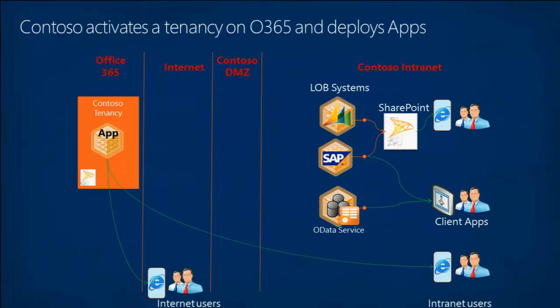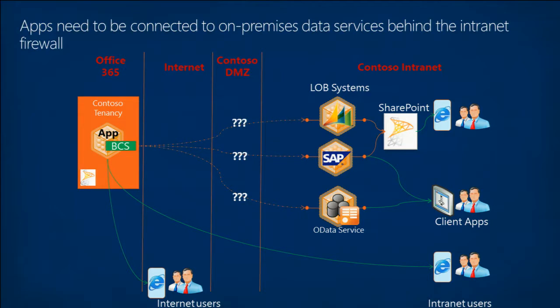And then after that, somebody checks out Office 365, signs up, gets a subscription, creates a tenancy, and now you're rolling in the cloud. So that's step one, your first baby step into the cloud. But if you do that, the thing that you'll want to do is put apps into your tenancy. You want to have your business applications in SharePoint Online, and those need to be connected to your data on premises. So the question is, how do you establish that connection?